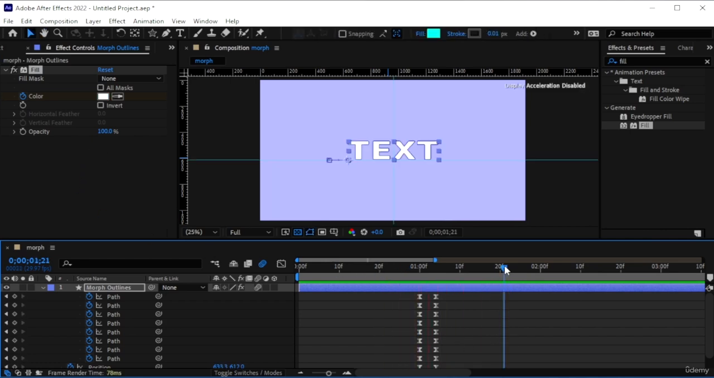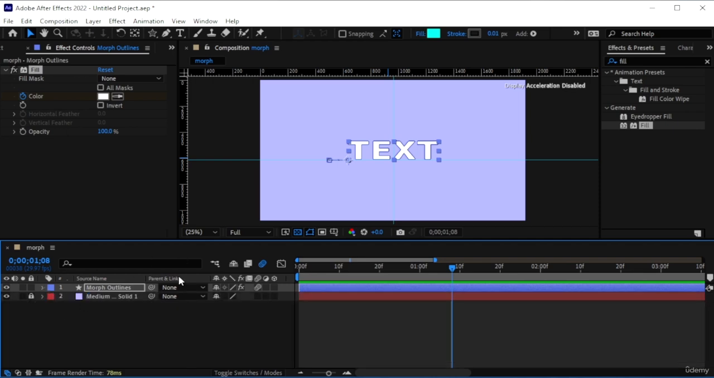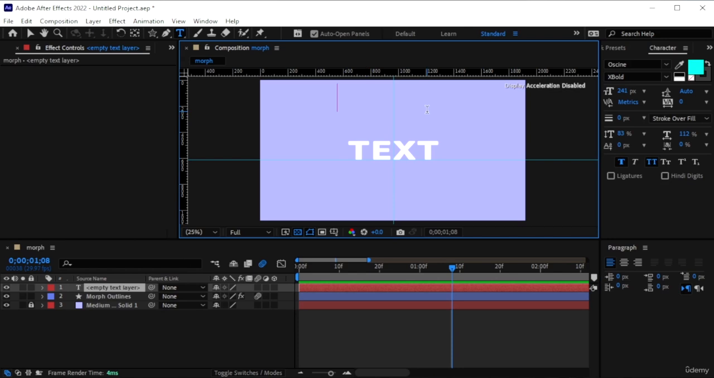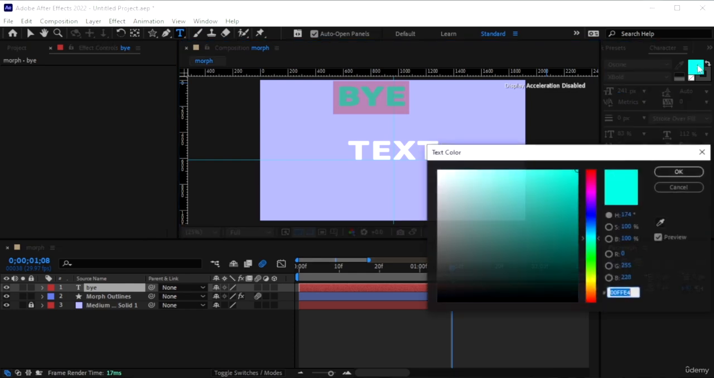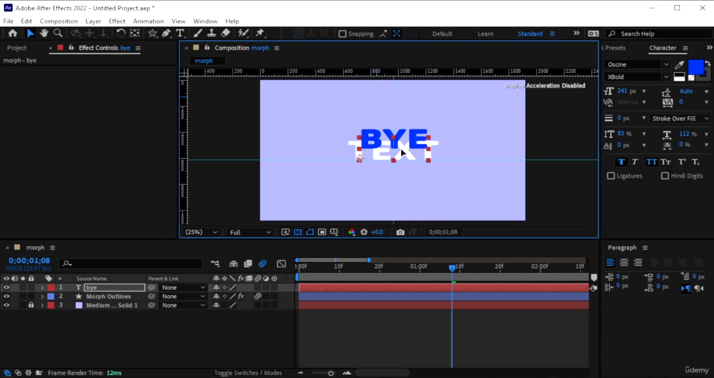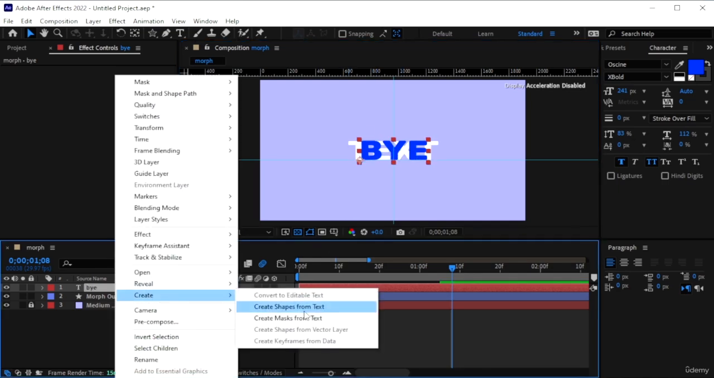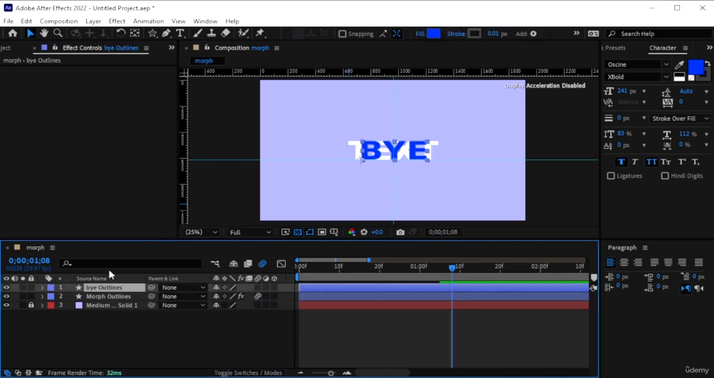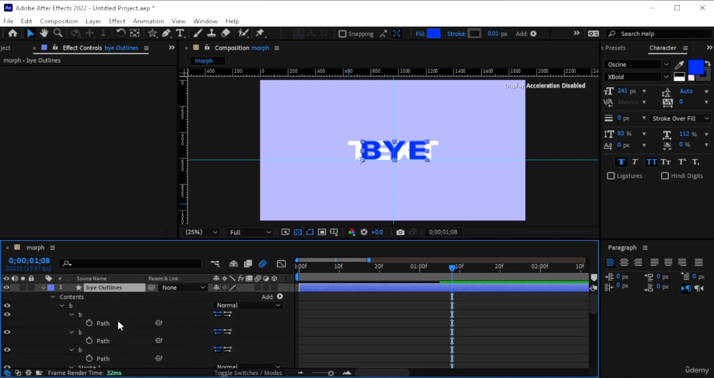Okay, so we did the text thing, and this was another simple thing. You can add as many or as little text as you want. Let's go for a third text. You can write by, like we finished presenting. Let's Control A or Command A, look for a different color, let's make it blue. Let's bring this by layer right in the center. And we're going to right click, create shapes from text, delete the text layer itself, hit U twice on by,